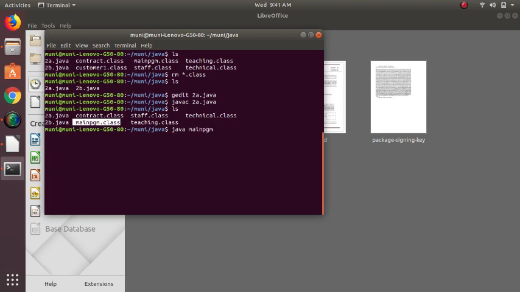So I use the MainProgram class. java MainProgram. It will ask you to enter the number of staff, so we will use 2. Enter the first teaching details. It asks first domain, then publication, then ID, phone number, name, and salary. So I will use domain as big data. Next, publications, data, then ID, so 23, phone number 6666, then name Basu, and then salary. I'll use some random salary.